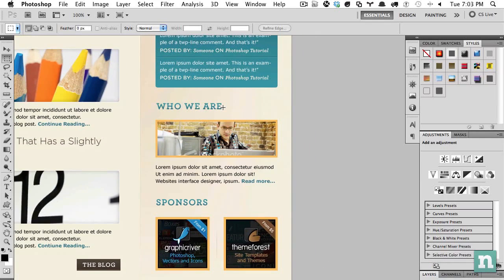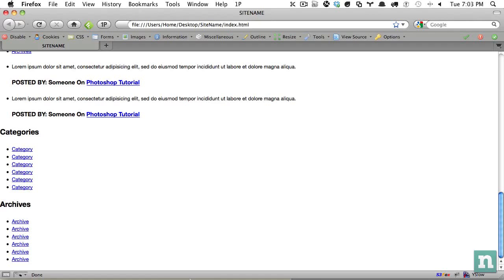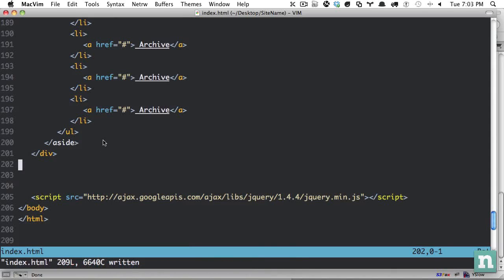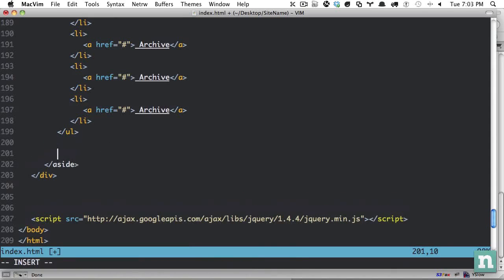So we have a heading, and then notice I said this section. When you can say that, generally you can use the section element. So we have a heading, and then we have an image, and then a paragraph of text. That should be simple. Let's come into MacVim, and before we're done with the aside, we're going to create a